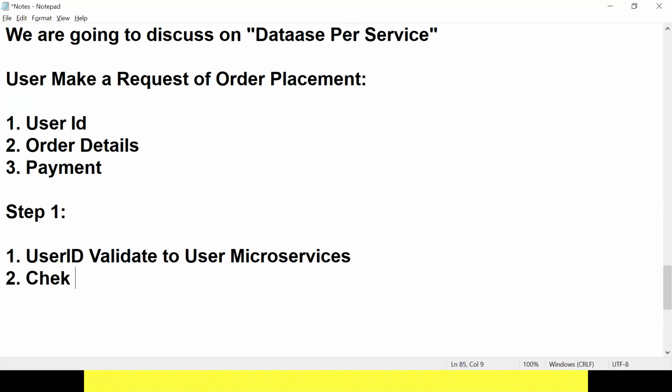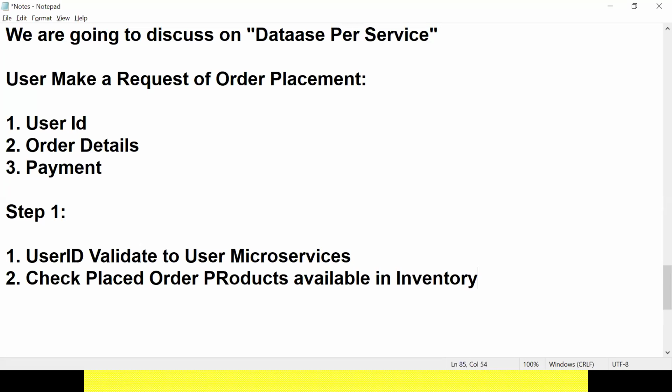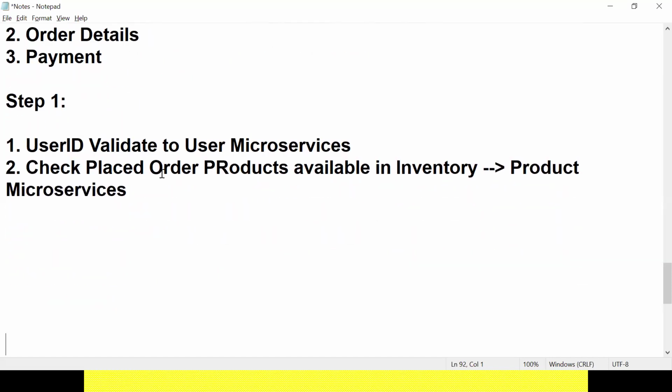Check placed order products available in inventory. Where is this inventory available? Product DB or order DB. Inventory available in product microservice. Am I right? Right. Makes sense or not? Yes. Third point, if products available,